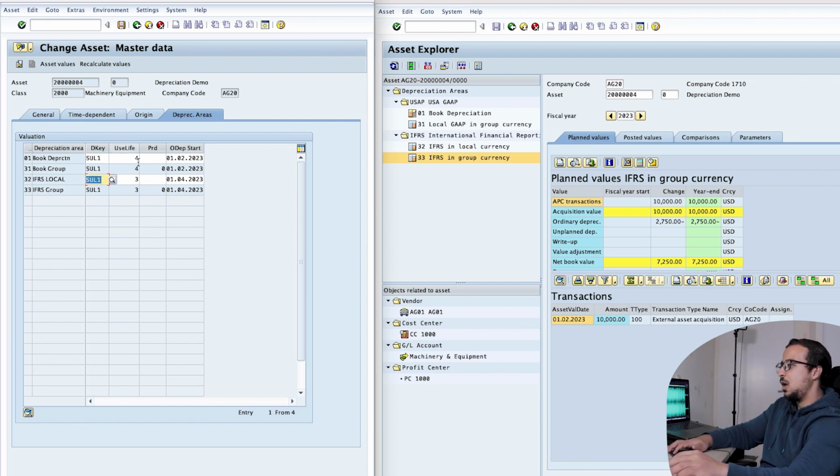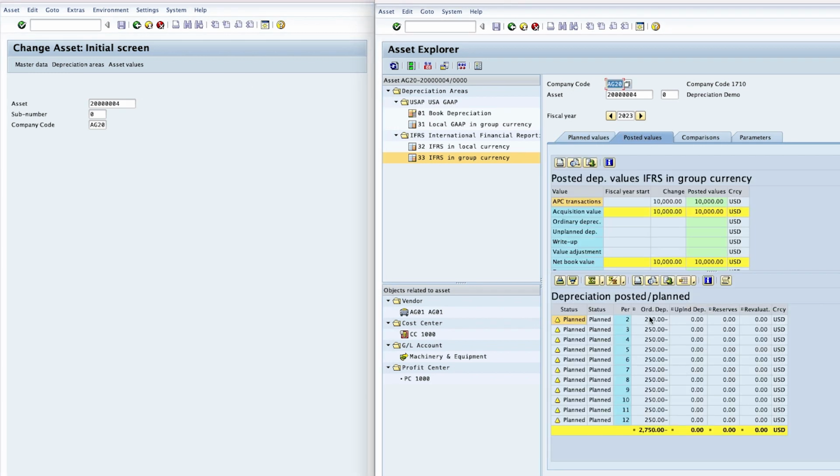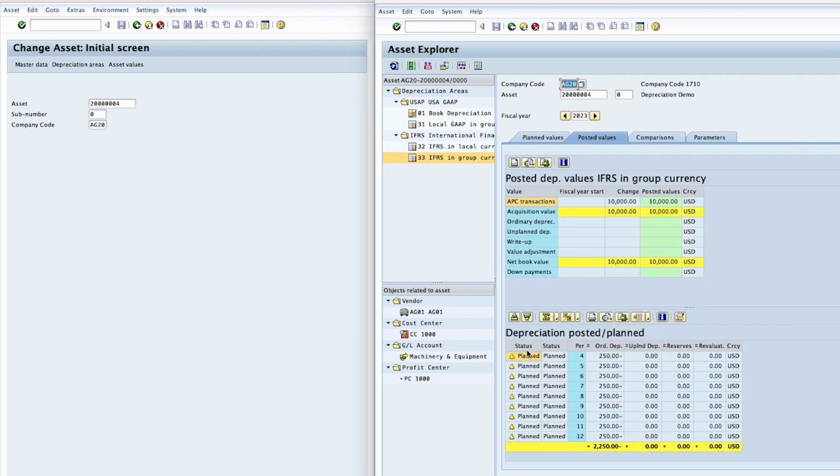01/04/2023. And then save. Now it's saved. Let's refresh here. And now before I refresh, look well at this number here. So we have 2750. And if you go to posted values, we see we have 250 every month starting from period 2. Now if I refresh, you will see immediately the impact due to the changes we did in the